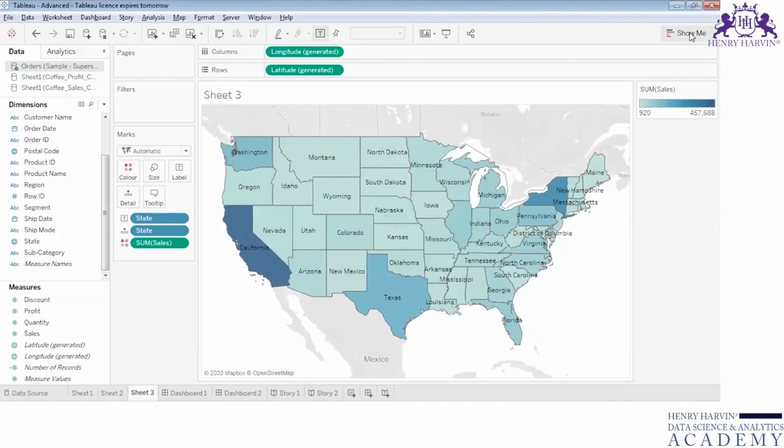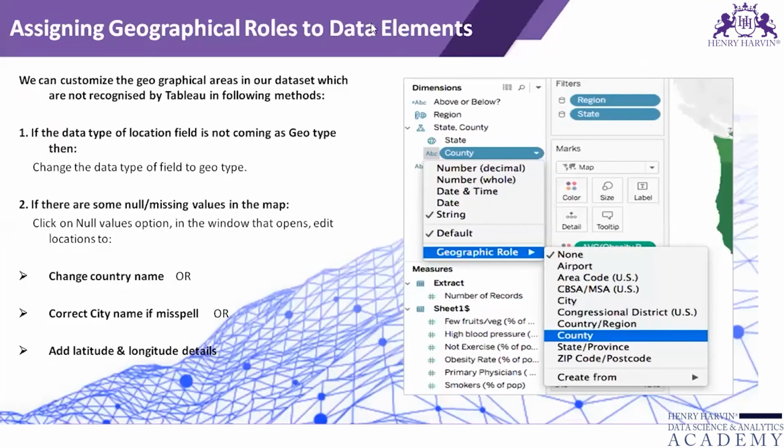And we saw four methods over here. One was in case your field's data type is not of geotype, so how can you convert them to geotype. Then the second one, in case they are of geotypes, then you will have to check whether any unknown values are coming. If there are any unknown values coming, then in that case you will have to convert. So if we come back to our presentation over here,